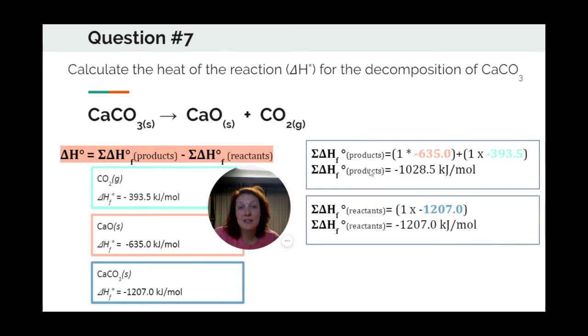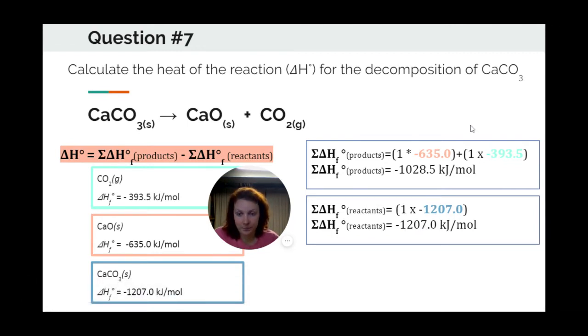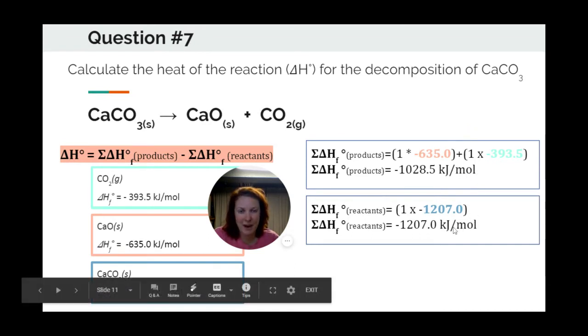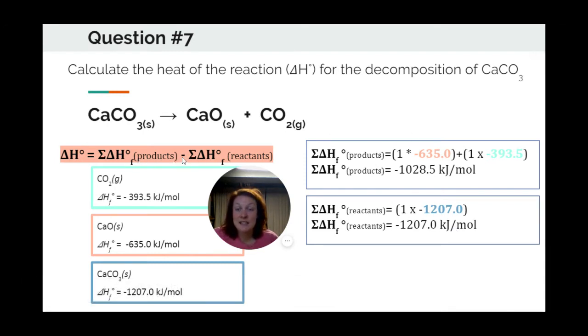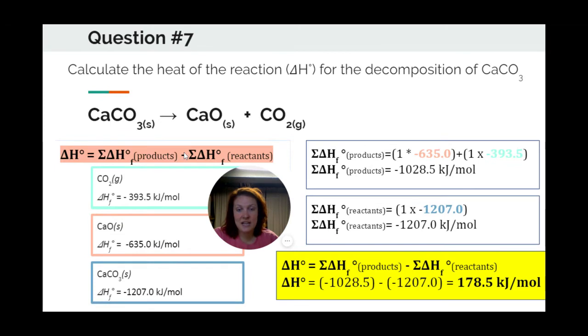Now I'm going to calculate the delta H, or the standard heat of formation, for my reactants. I only have one reactant, and I only have 1 mole of it, so I have negative 1,207.0 kilojoules per mole for calcium carbonate. Now that I have the standard heat of formation of my products and of my reactants, I can plug these values into my initial equation to get the standard heat of the reaction. So the standard heat of the reaction equals negative 1,028.5 minus negative 1,207.0, which gives me